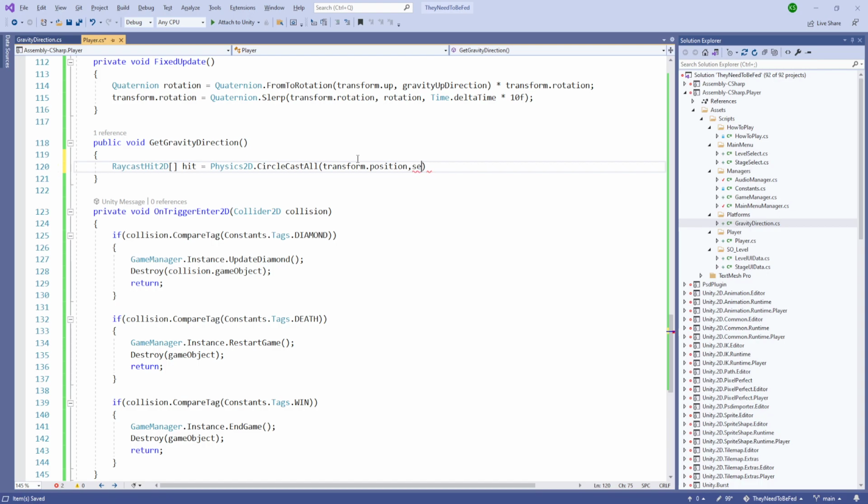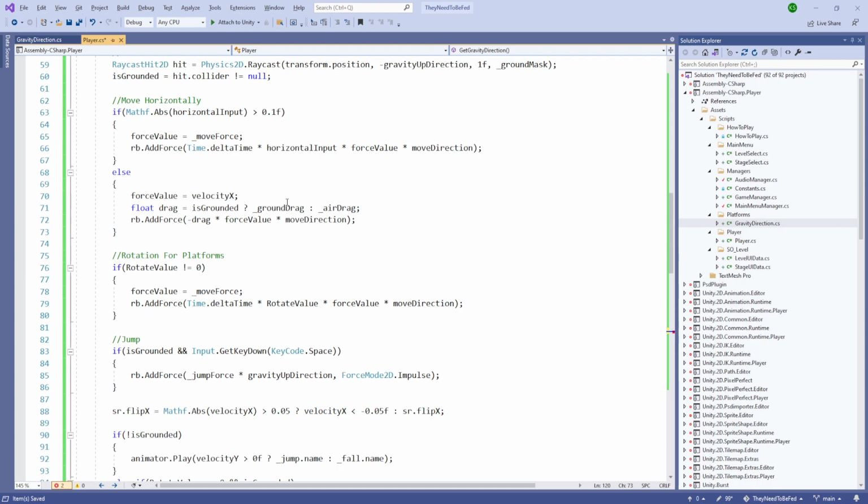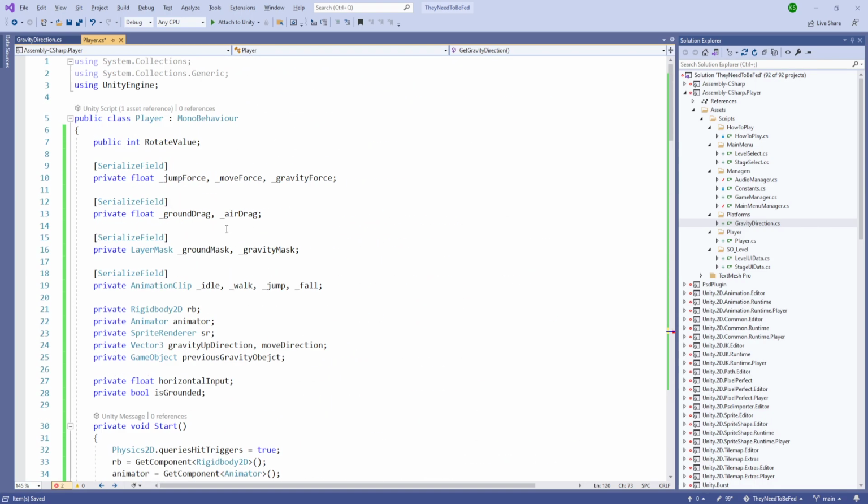I think we didn't create it, so search radius, and let's create the method for float. So private float ground drag add drag search radius,